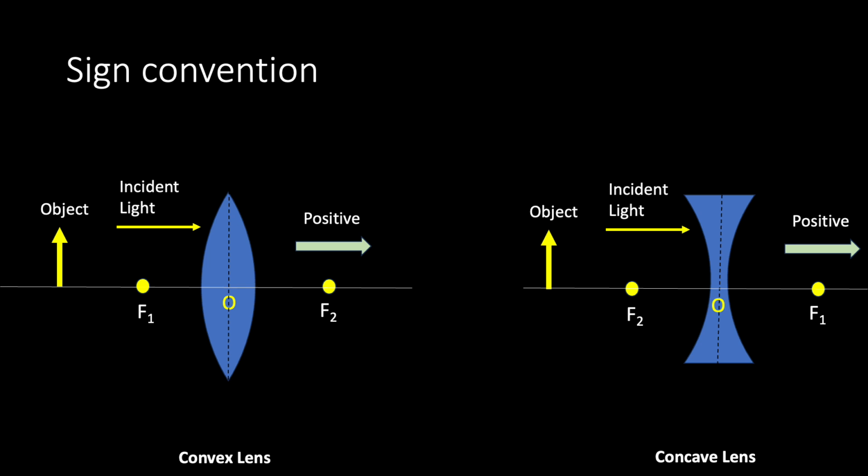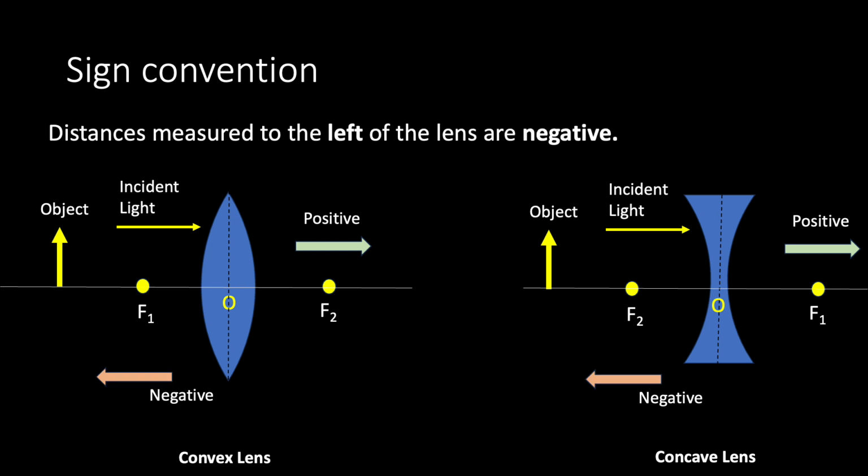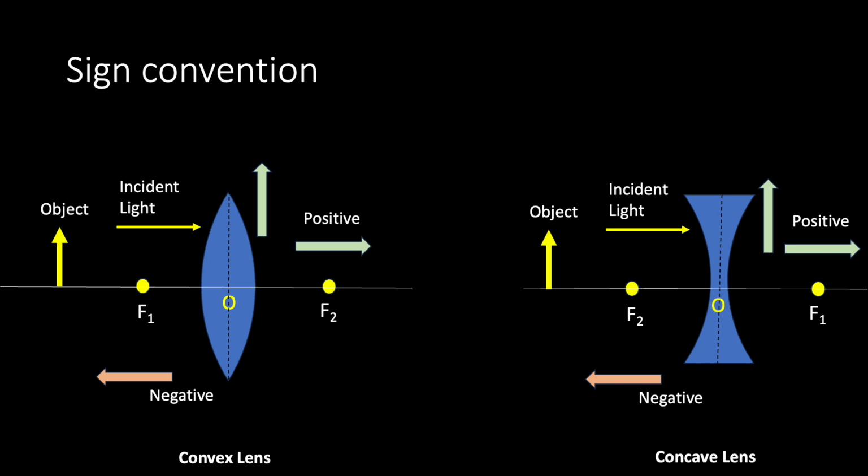Now let's talk about left and right. We always assume that the incident light is traveling from left side to the right side. Any distance measured in the same direction as this incident light is taken as positive. So from the optical center, if you go towards the right, it is positive. If you go towards the left, it is negative. Distances measured to the left of the lens are negative. Since we always place our object on the left, the object distance denoted by U is always